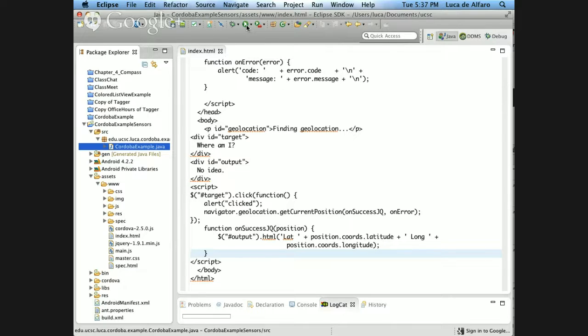Yes. It replaced the "I have no idea" below with the new location. If I press where I am again, it does this and replaces that string. Oops, I clicked it twice. You see, it replaces the string below in the div output. So the code is fairly simple here.